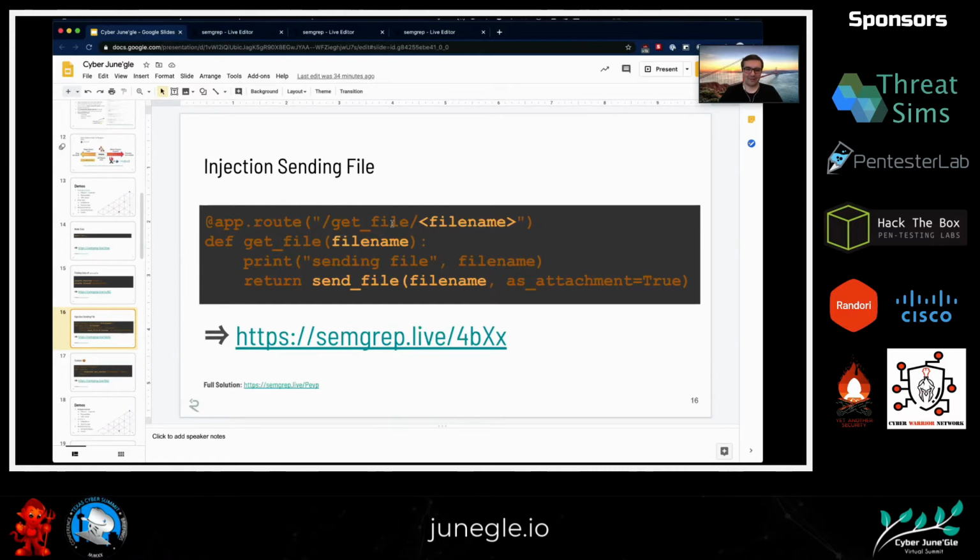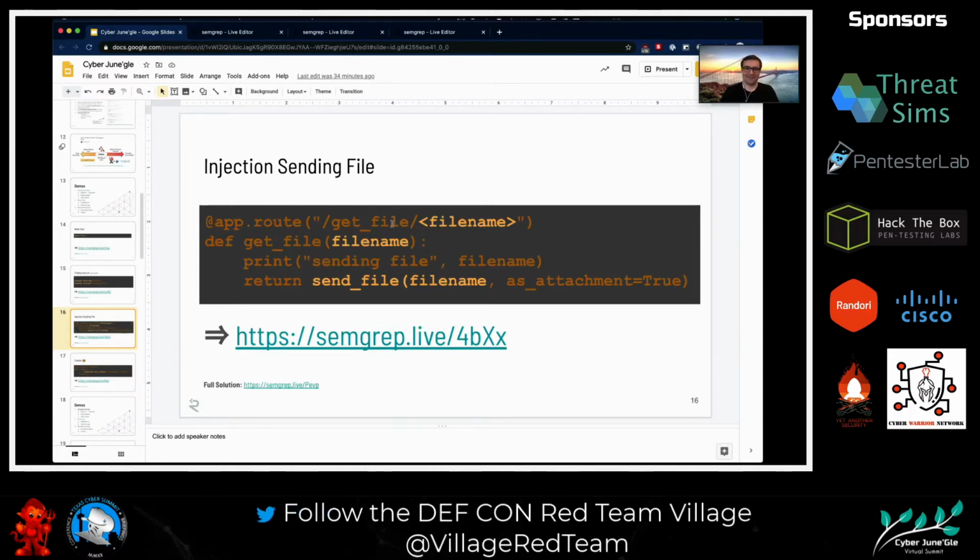And then that's going to get passed to what's called a dangerous function. In this case, we have send file. What send file does is it just reads the file from the file system and sends it down. And so you could immediately see how this could be dangerous if someone says, hey, my file name is ../